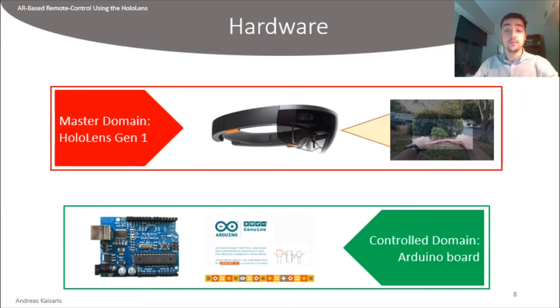As mentioned above, the HoloLens Gen 1 headset will be the AR platform for this remote control system. The HoloLens is a wearable headset that projects a visible image in the user's point of view. It uses specialized optics, a transparent visor, and holographic processing to render 3D digital images in space that are only visible to the user that is wearing the device. The rest of the real world is preserved, allowing the wearer to manipulate the hologram and perform other tasks at